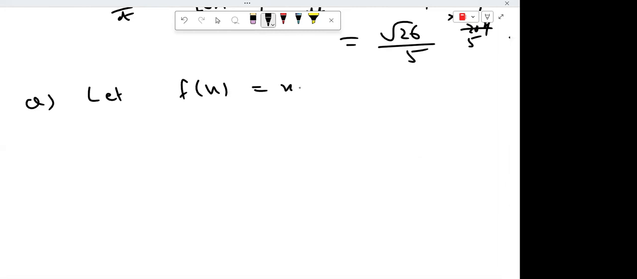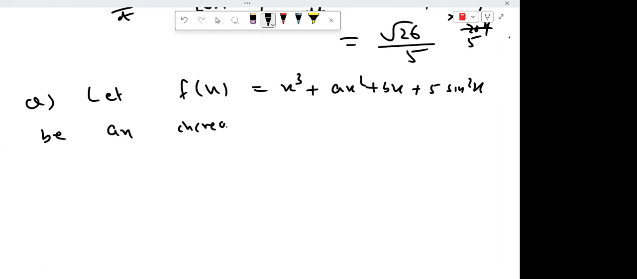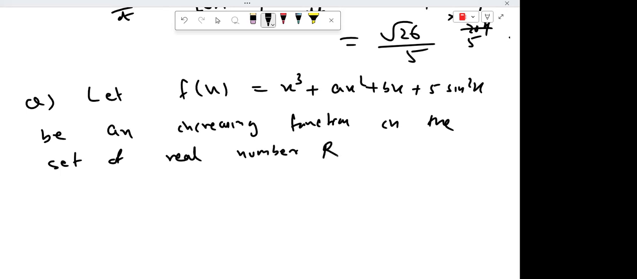Let f of x equals x cube plus a x square plus b x plus 5 sine square x be an increasing function in the set of real numbers R, then a and b satisfy the condition